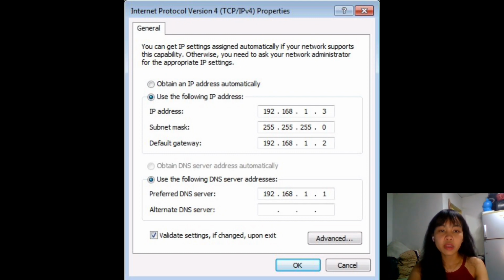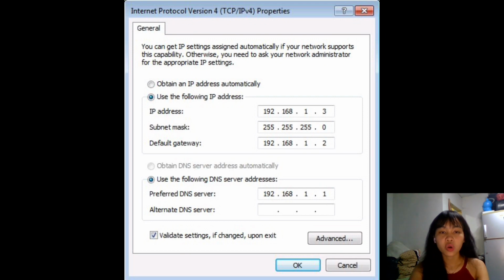My IP address is 192.168.1.3 and my subnet mask is 255.255.255.0 and my default gateway is 192.168.1.2. My preferred DNS server is